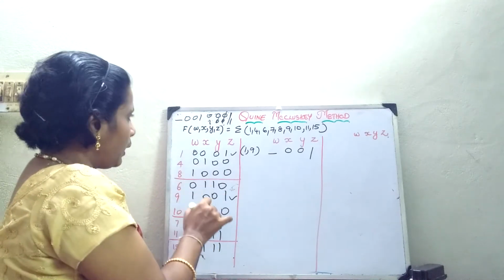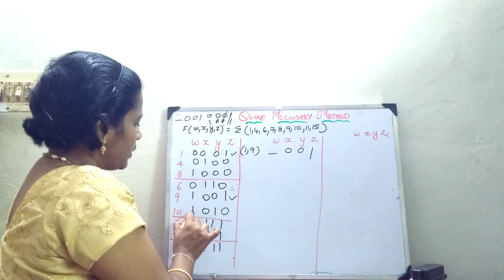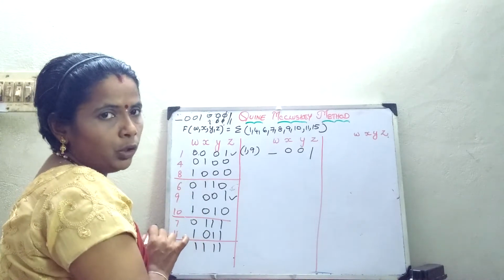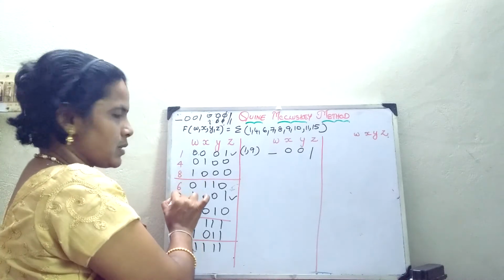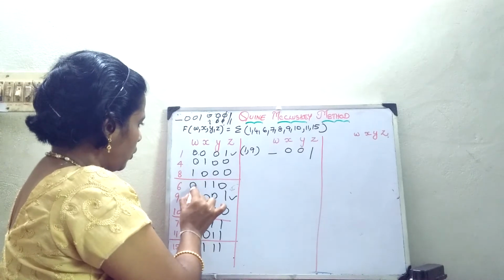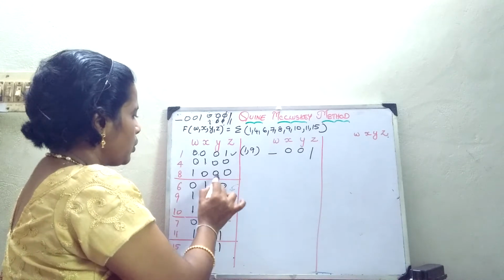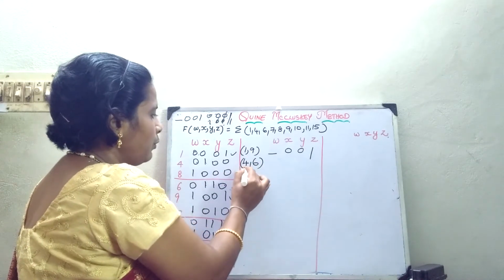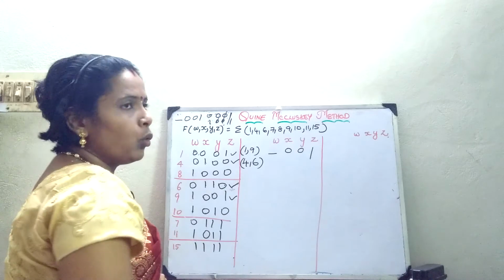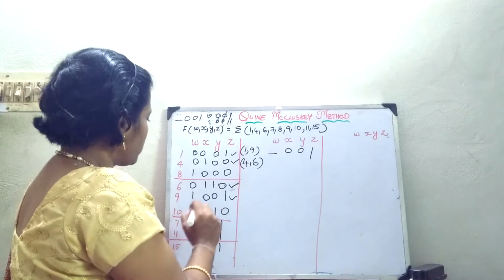Next we compare 1 comma 10. 0, 0, 0, 1 with 1, 0, 1, 0: here 1 bit changes, and then another, so there is a 2 bit change. So 1 comma 10 will not come into the picture. Next step, 4 with 6. 0, 1, 0, 0 and 0, 1, 1, 0: only one bit changes and the rest are the same. So I can combine 4 comma 6. When I write 4 comma 6, immediately go and put a tick mark on 4 and 6, because that is the rule followed here. If you miss even one tick mark, your answer will become wrong. 4 comma 6: how will I write this?